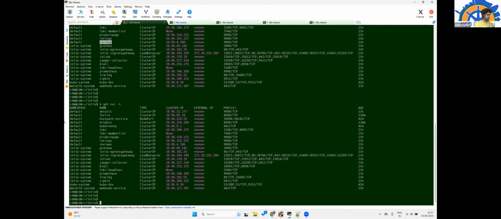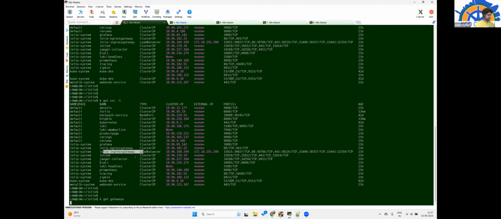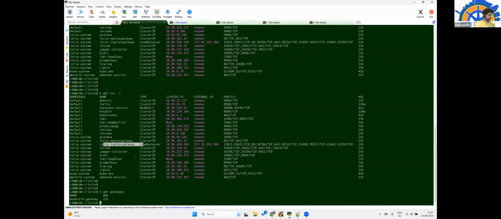If you see here, I have one Istio ingress, and I have configured a gateway. For this gateway, I have been assigned a load balancer with this particular external IP.